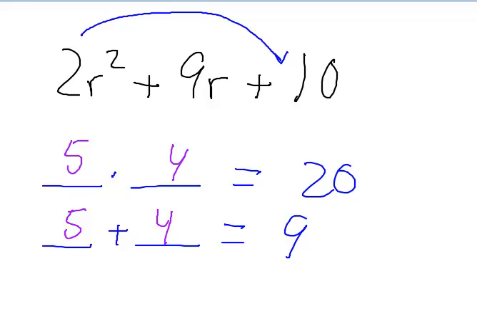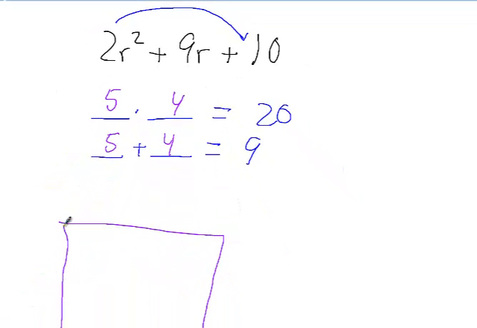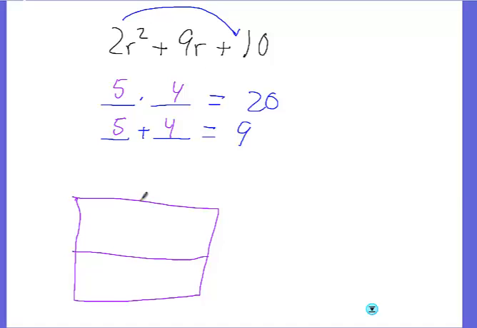Okay, so once you find your numbers, that's when you build your box. So again, in the top left, you put your first term, so 2r squared. Bottom right, you put the second term. Then you put the 5 and the 4 attached with an r in these two boxes. Again, you could have put the 5r here, the 4r here, it wouldn't have mattered. Now all you do is you factor out the GCF of them going sideways, factor out the GCF going vertically,